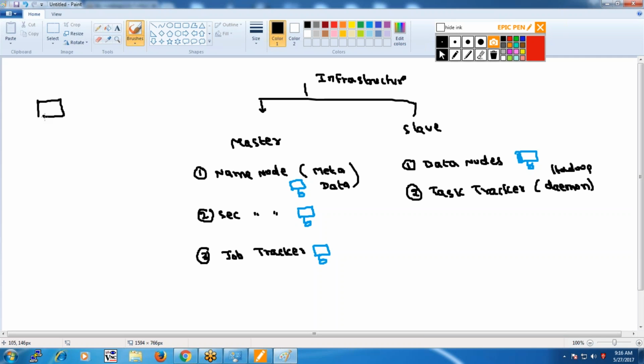We have one master computer, we have one name node. It is mandatory that we can have only one name node, and we can have one or more secondary name nodes. Practically, we will be having only one secondary name node, and we have only one job tracker. It is mandatory that we should have only one name node, only one job tracker, and one or more secondary name nodes. And with respect to data nodes, we will be having multiple data nodes,